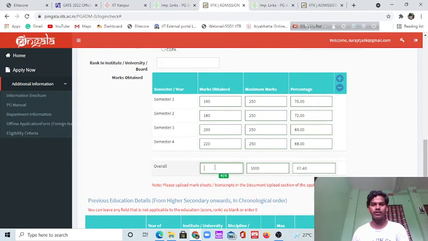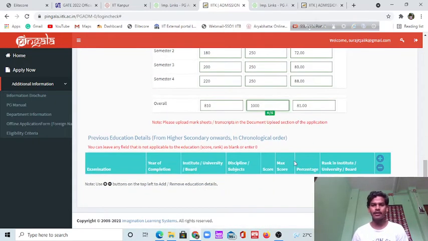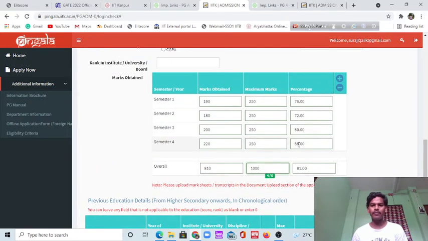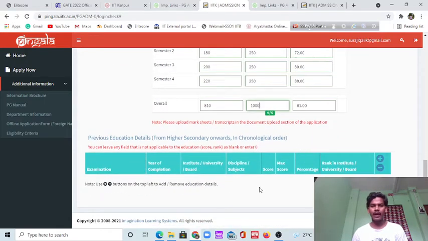You should add all this, and your percentage will be changed. So you can calculate this: 17, 1, 2, 2, 4, 6, 7, and 8. So 8, 1, 0. You can calculate this. So you should fill up all this according to you, and then you have to put it like this.